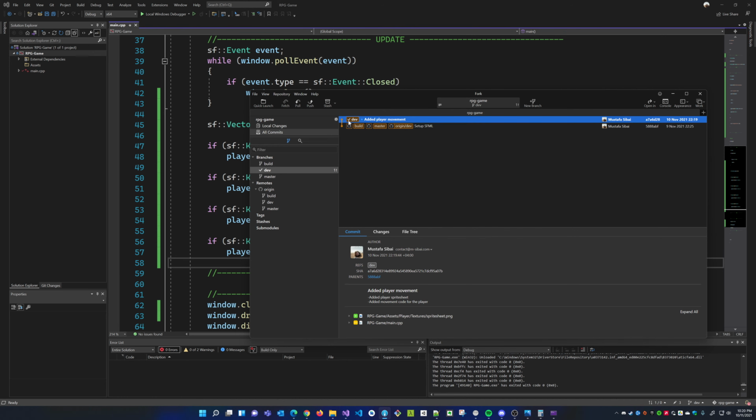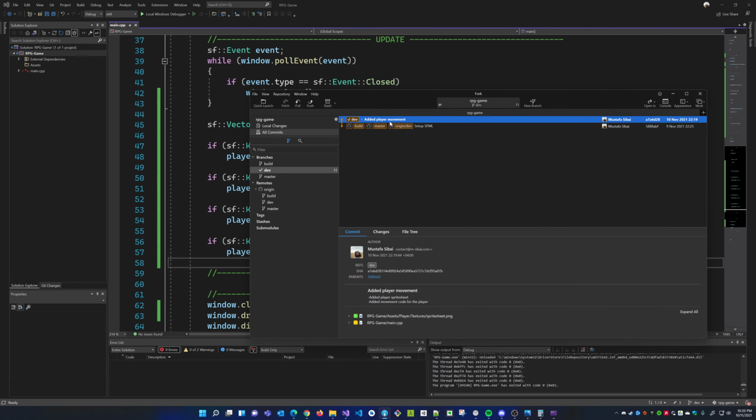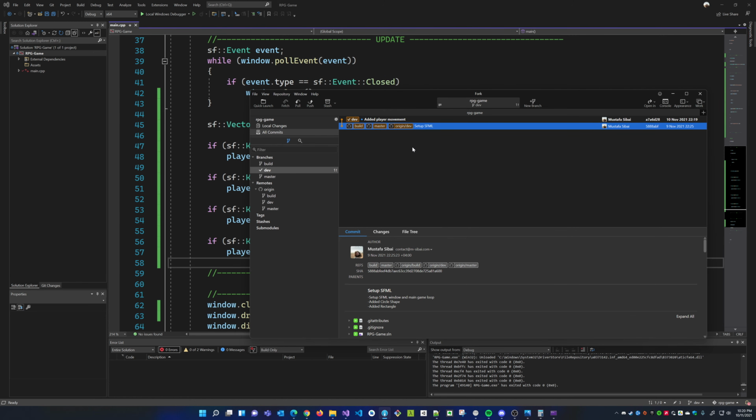My local machine has this commit. How do I know that? Because I can see dev, there's no cat icon next to it. Whenever you see bolded text here, that means I am on this commit currently. I am on this commit locally, but this commit is currently on the cloud.